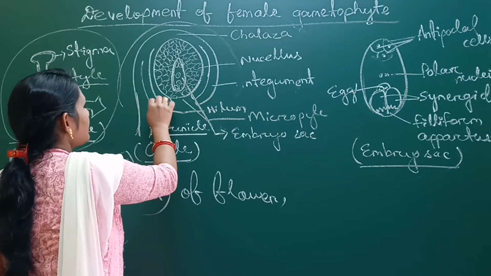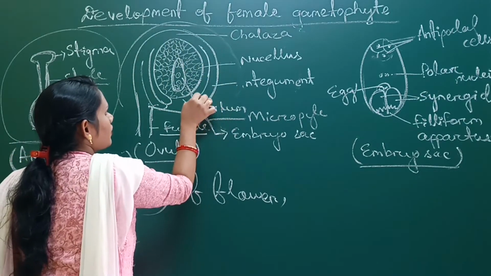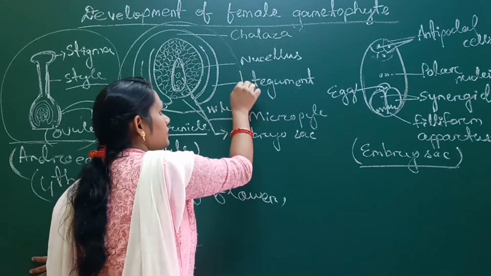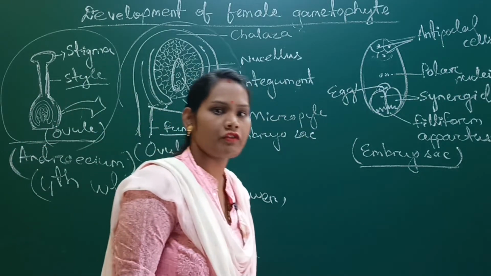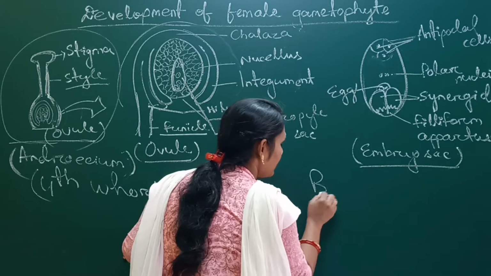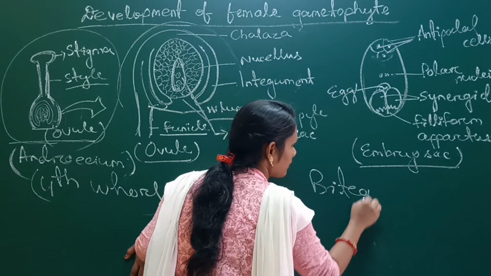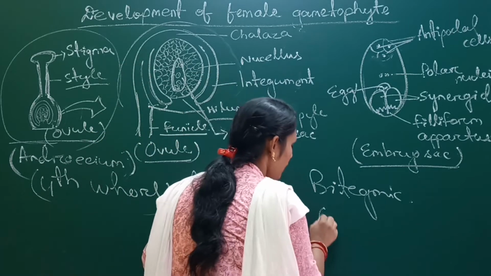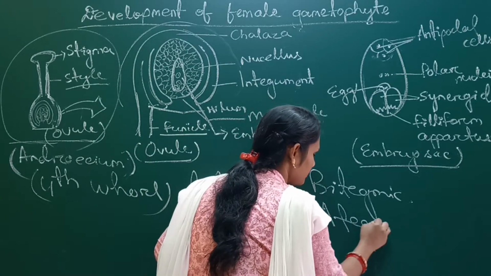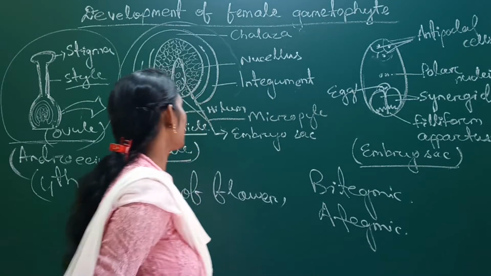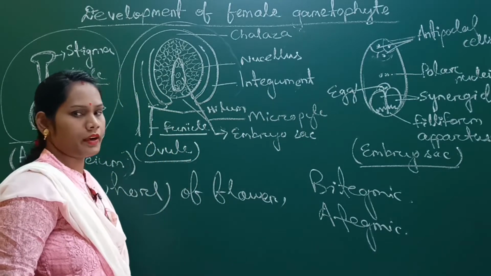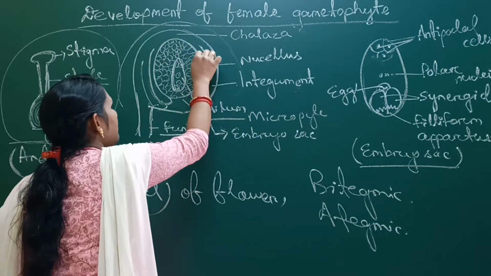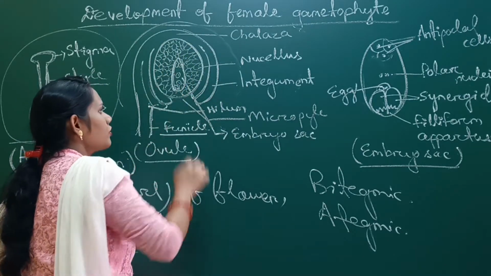This is the covering of the ovule, and it is called the integument. If there are two integuments in an ovule, it is called bitegmic. If there is one integument in the ovule, it is called unitegmic. Here there are two integuments in this ovule, and within the ovule the middle part is the nucellus,